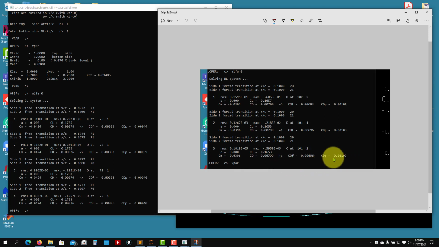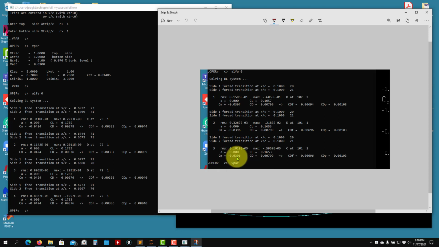But sometimes it may happen that the pressure drag CDP, the pressure component, is lower, and your total drag can be lower because this is the one that is going to contribute more. So it is a balance, it's a compromise. In this case, this is not the case, but on some occasions it happens. I see that also by adding that one we're losing a little bit of lift,